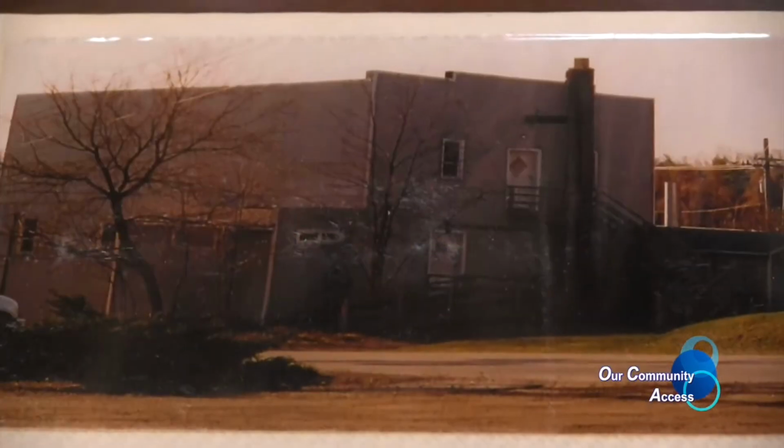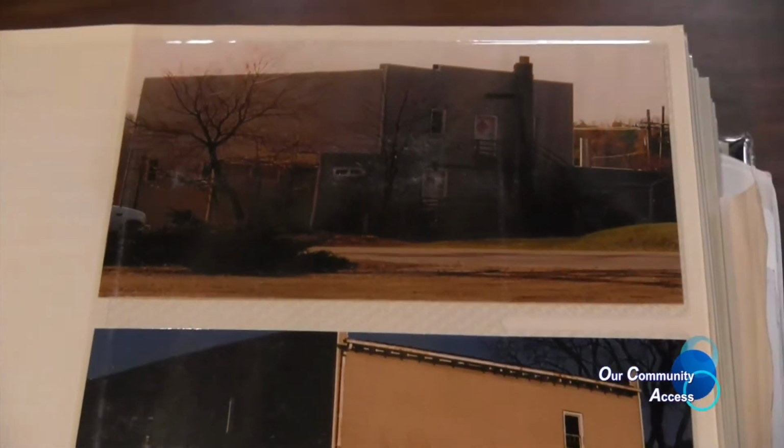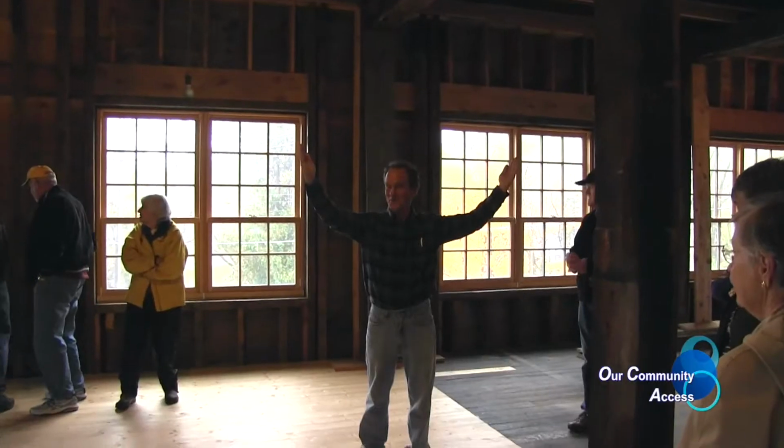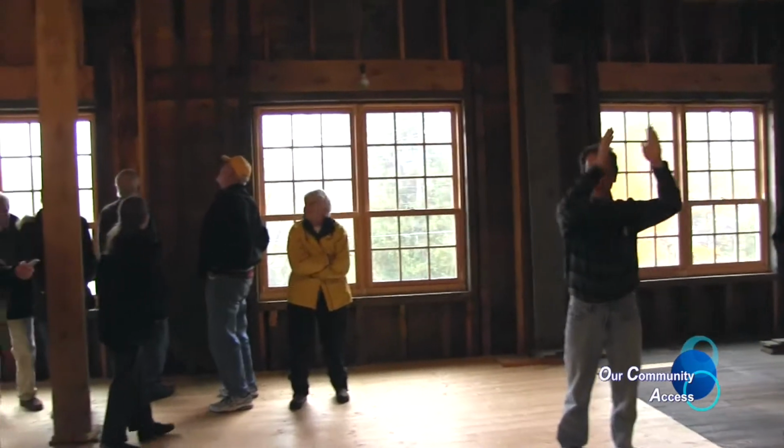Welcome to the Lakeville Mill. The Lakeville Mill was a grist mill built back in 1847. About 11 years ago, I bought the building when it had a flat roof on it, and have been working on it a number of years. We are complete, waiting for a septic system to go any further. But we're going to take a tour through the building here and show you some neat things that we're